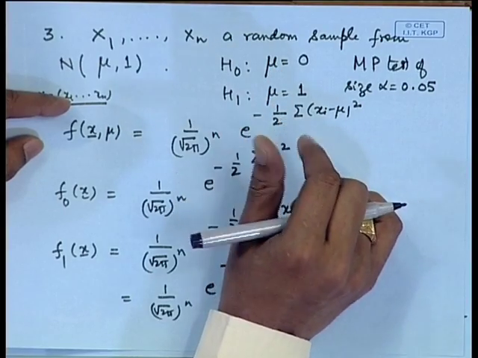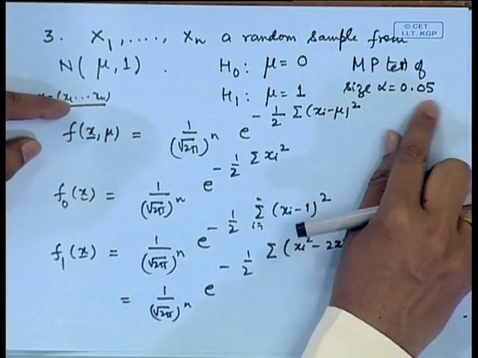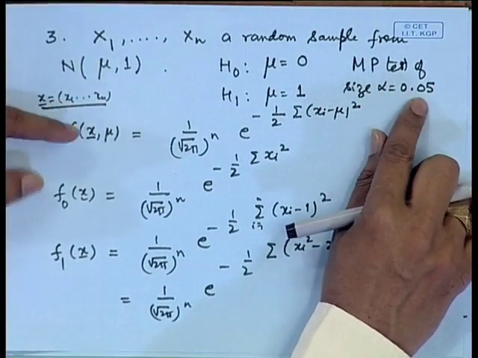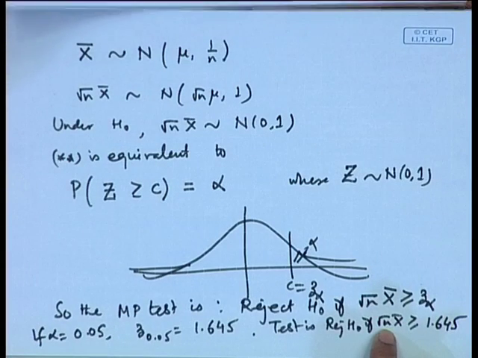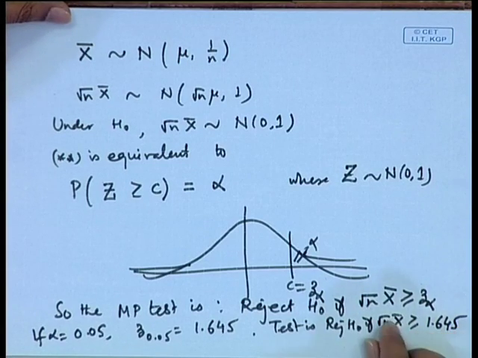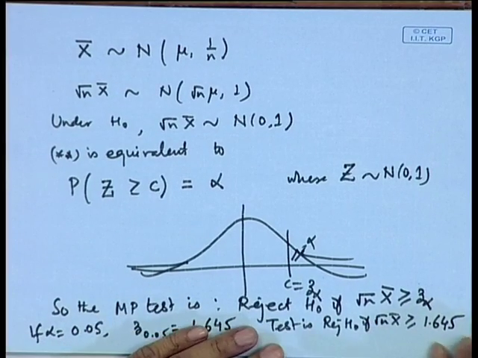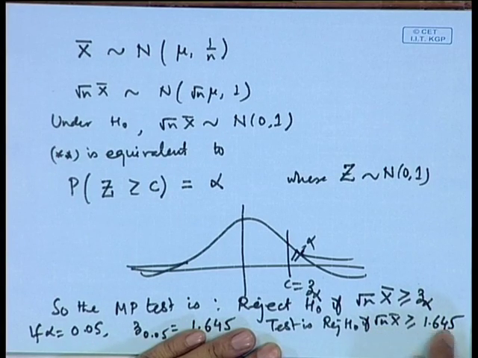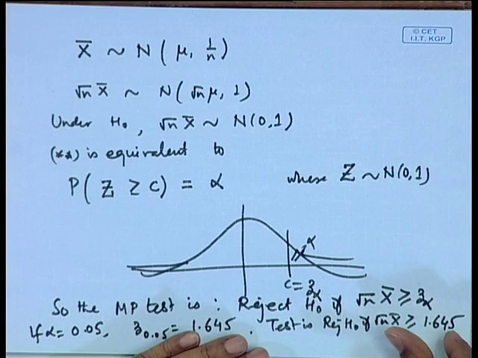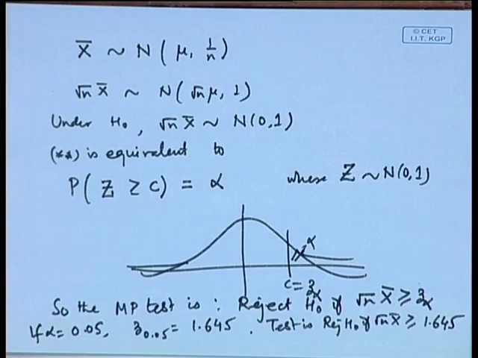But how much value of x bar is considered to be larger or smaller, that depends upon the probability of type 1 error, and therefore, we are now able to formulate this decision making process as root n x bar should be greater than 1.645, that means, x bar is greater than 1.645 by root n. Of course, if n is large, then this value will become much smaller. That means, even for a smaller value of x bar you will consider it to be a little larger, but that much distinction is permissible,